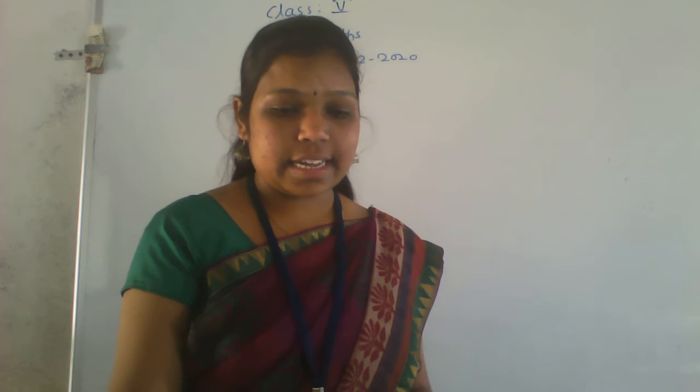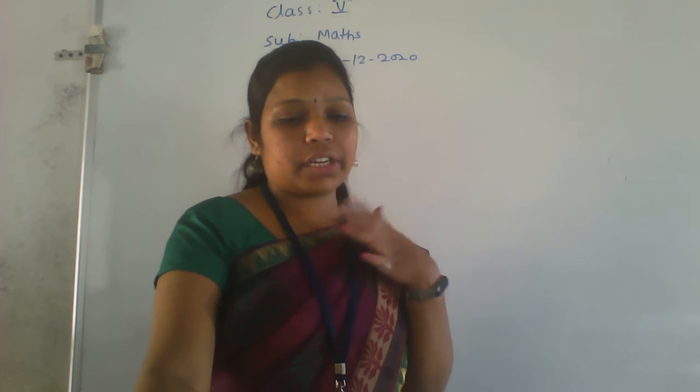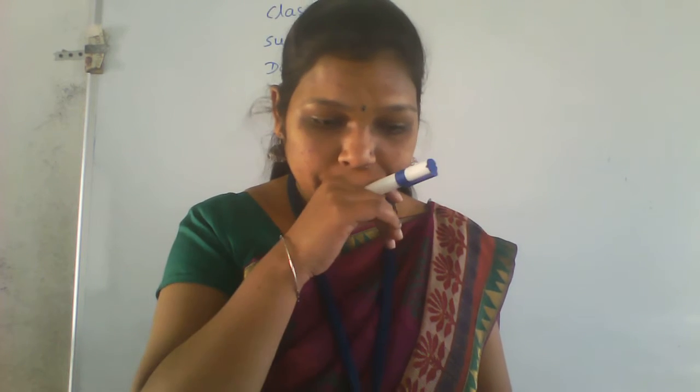So, in the last class, we discussed exercise 3.2, number 3. The first one is to separate the prime and composite numbers and write them in the bubbles below. All those things we studied in the last class only. In 3.2 you solved that, which one is a prime number, which one is a composite number. All these things you already know, right?